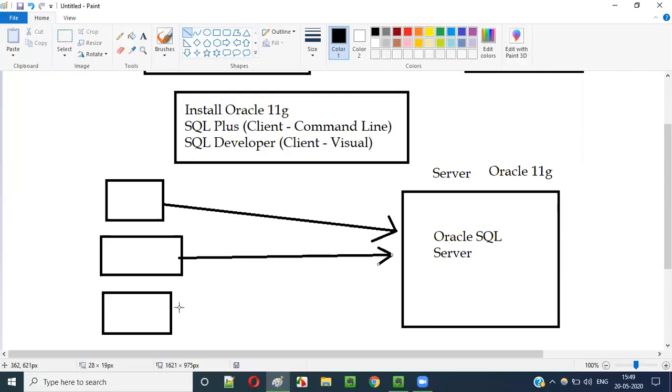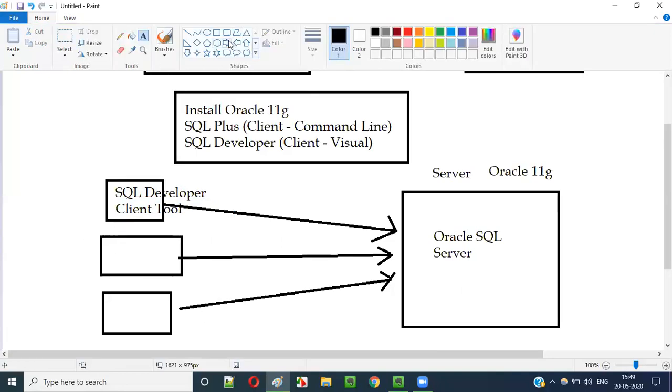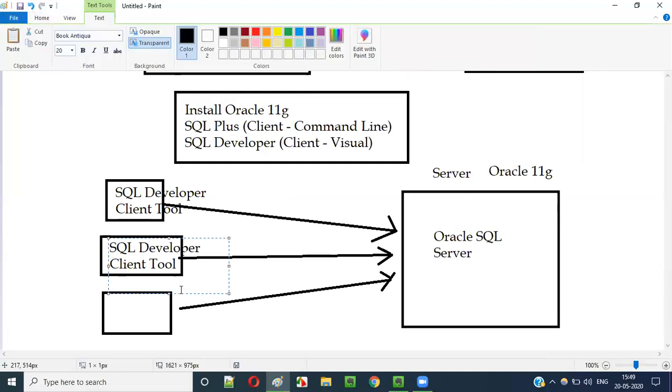Now, since this particular Oracle 11g has been installed in a separate server machine in real time, the company will ask you to download and install the SQL developer client tool. Everyone who wants to execute the SQL queries on the server has to install this SQL developer client tool.